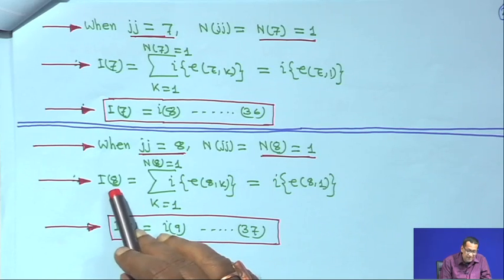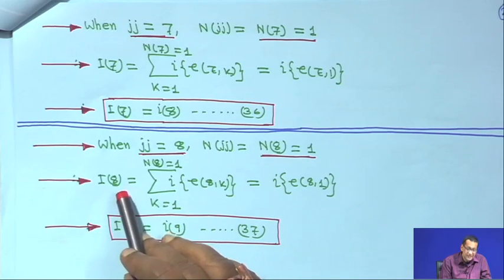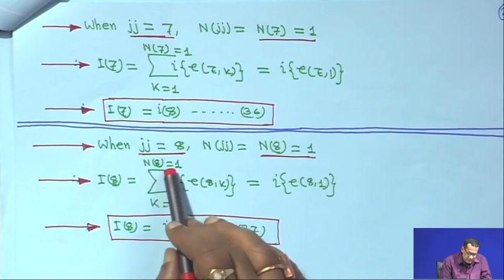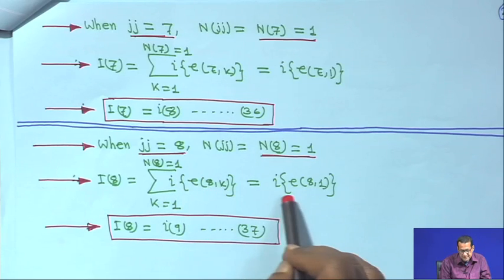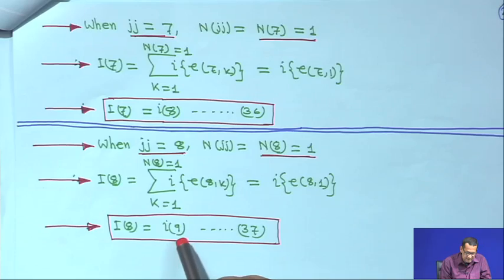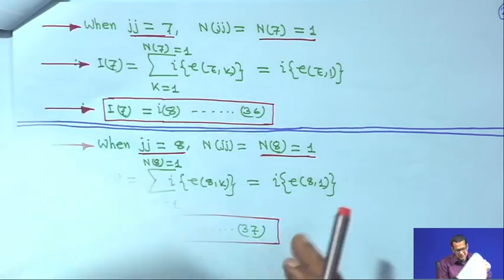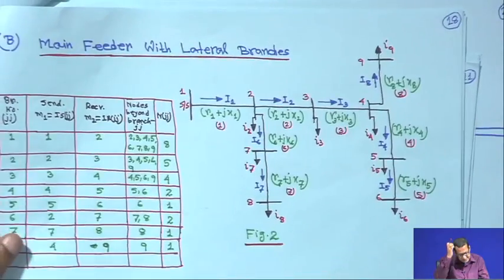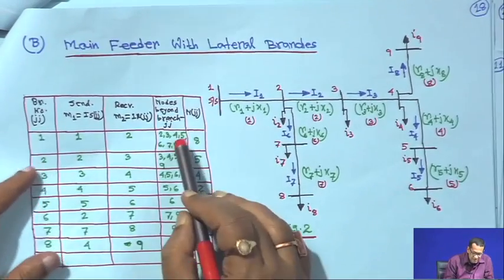Therefore, I8, that is the current through branch 8, is the sum over k equal to 1 to n of I e8k, that is I bracket e81, that is I8, which is equal to I9. This is equation 37. That means, all these E matrix that I asked you to put in an array,